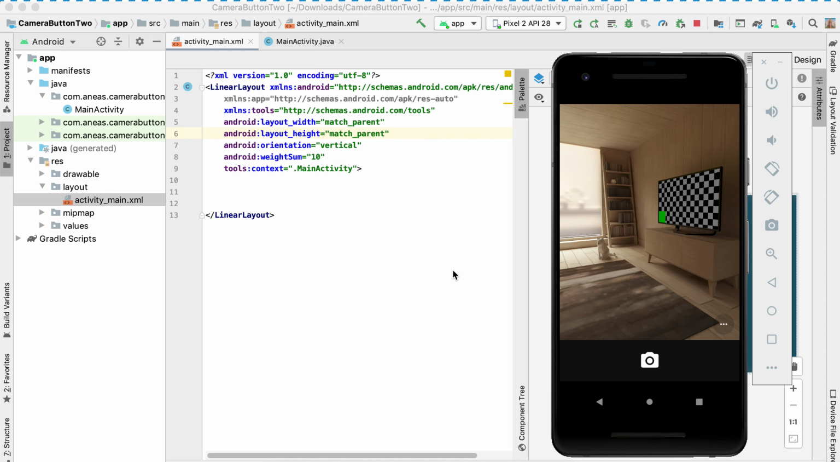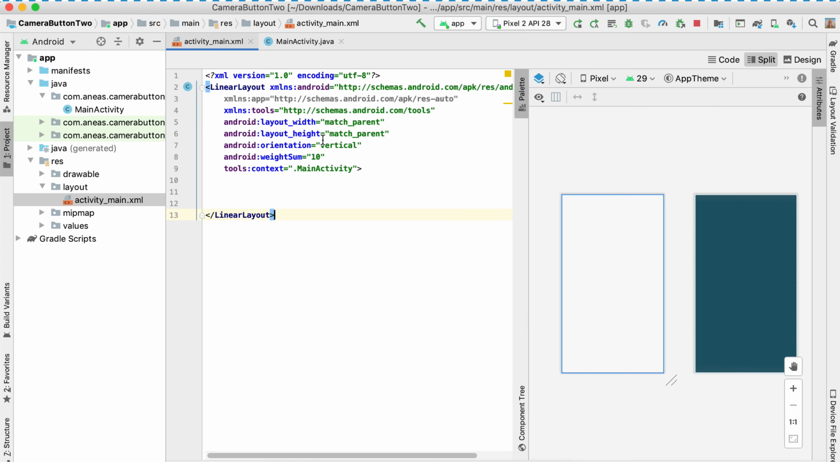So first thing we do is you get your project and your activity. If you don't have one, build a new one with the empty activity. Call it camera button. I've already built mine, and here it is. For the layout, change it to linear layout if it isn't already. We'll be starting on the activity main, and first thing we do,